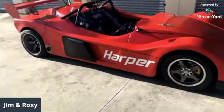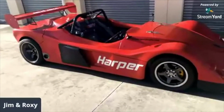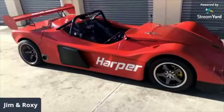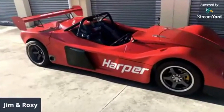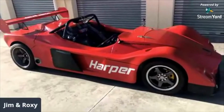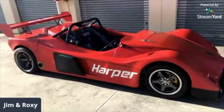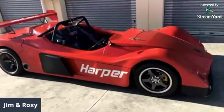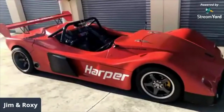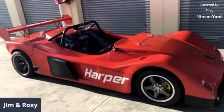handicap basis. I think the greatest pleasure I had with this car, when it was running a Toyota 1600 blacktop 20 valve motor, was in driving past a 1977 Porsche 911 with a 2.7 liter air-cooled motor. And I was able to drive past him in a straight line down the main straight of the racetrack. Oh, that feels good, doesn't it? It does. So it has some indication as to the slipperiness of the design. The fastest I've had this car on the track is probably just a shade under 220